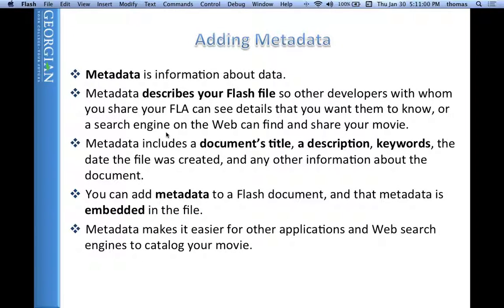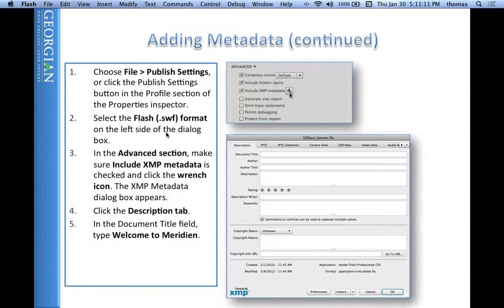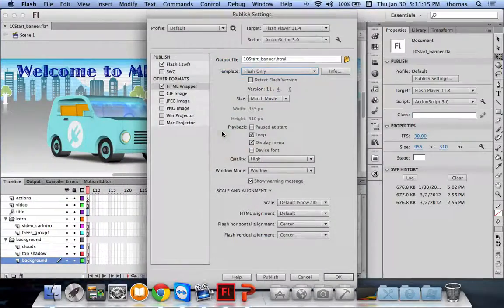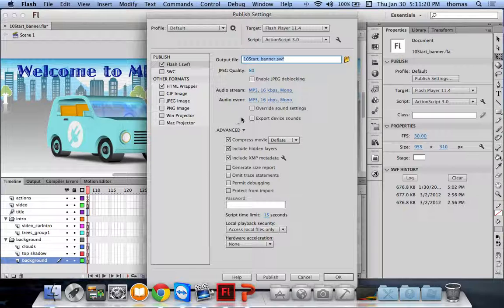Here's a section that I think is very useful. I think we should do it when we publish any movie in Flash, whether it's your Flash banner ad tonight or another project. So we can go to Publish Settings. And here under Flash, as an example, we have Include XMP Metadata. There's a little section right here, right? If you click on the little wrench,